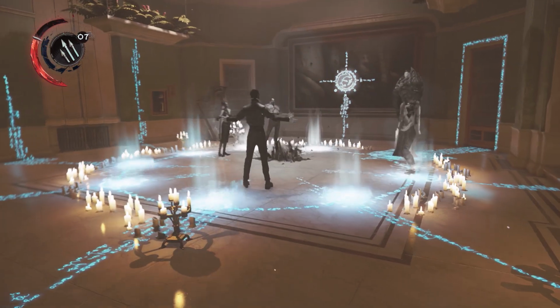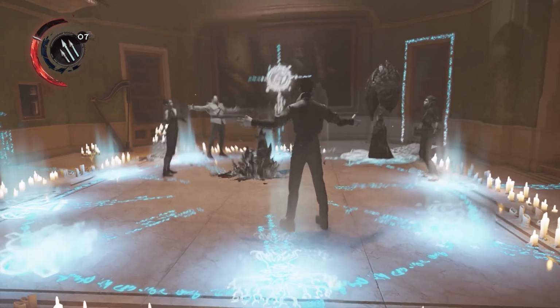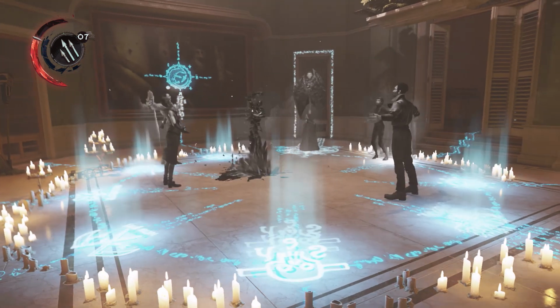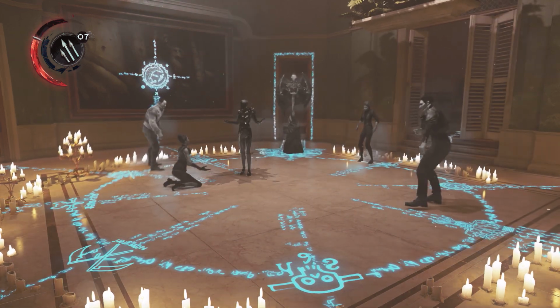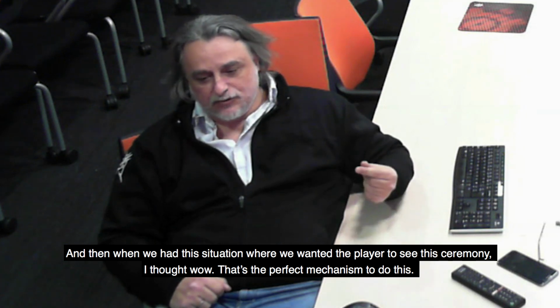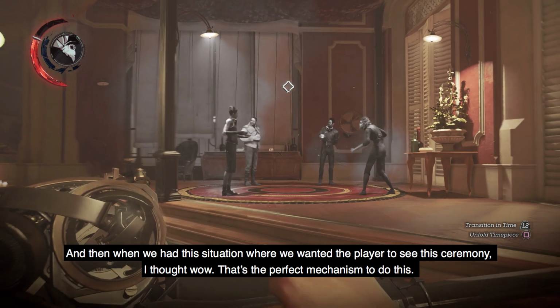At the beginning of Dishonored 2, Empress Emily Kaldwin is violently deposed by Delilah Copperspoon, who was trapped in the never-ending realm of the Void until her unexpected reappearance. Arkane needed a way to reveal to players how Delilah managed to come back from her prison and stage her coup. And then when we had this situation where we wanted the player to see the ceremony, I thought, wow,